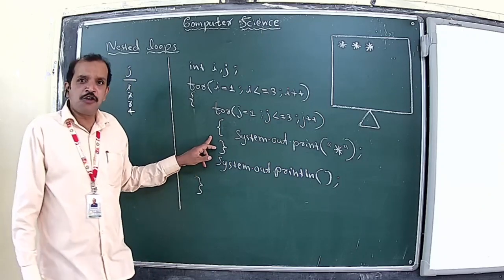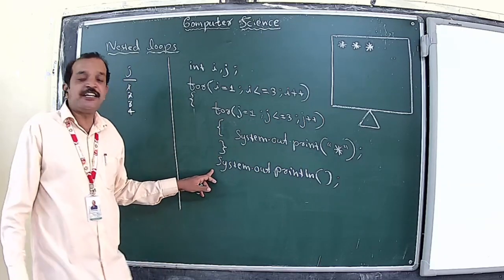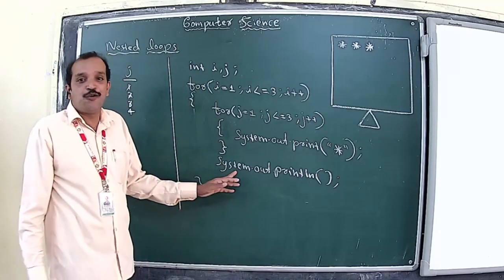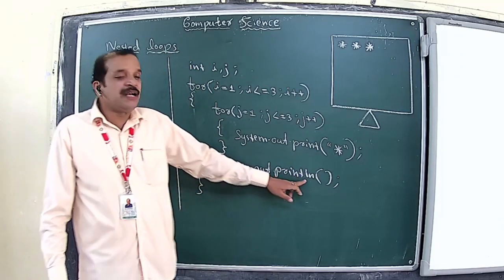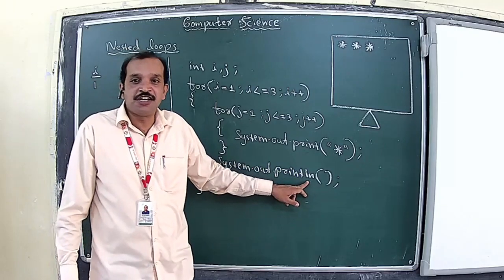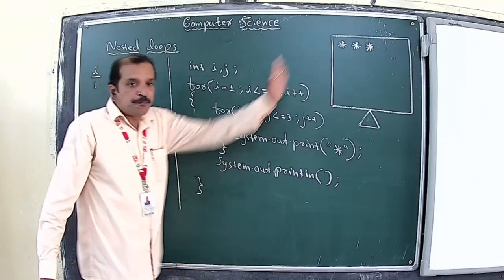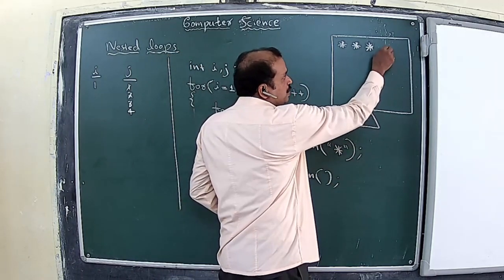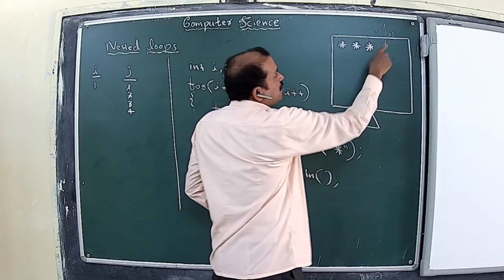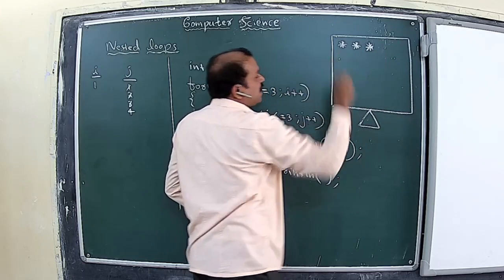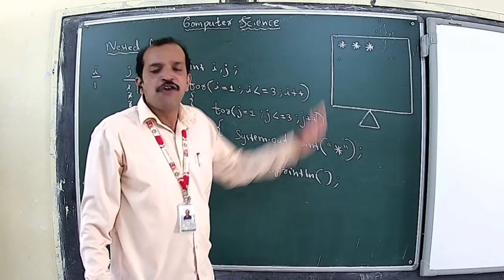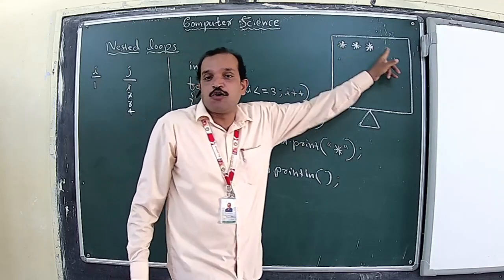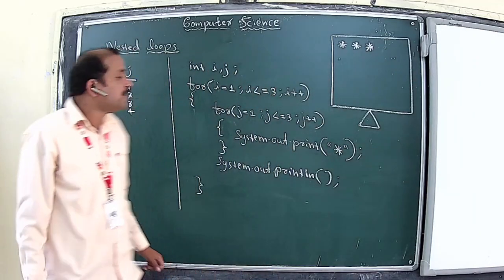And once the inner loop terminates, whatever statement is given after the inner loop will be executed. And here, as you have already seen, there is only a println statement given here. Therefore, it will not print anything on the screen, but it will just move the control of the cursor. The cursor was here after this, so it will move to the next line. Therefore, whatever is printed next will be printed on the next line instead of on the same line. So that is what happened in this case.